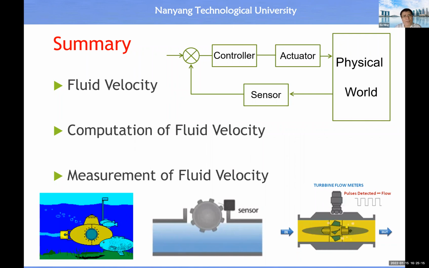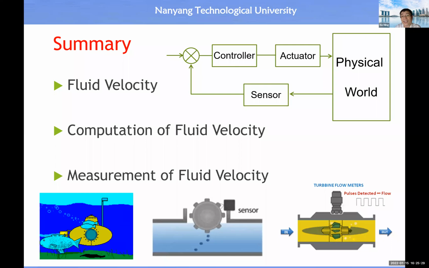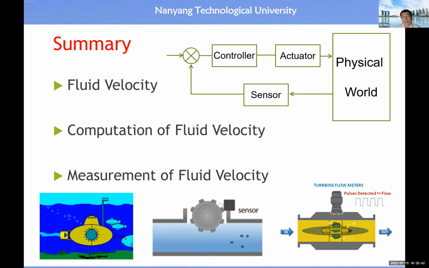So the key takeaway from this lecture is for you to know that besides the velocity of an entity, there is a wave's velocity. And when we combine the wave's velocity together with the fluid velocity, then there's an interesting phenomenon which is called the Doppler effect. All right. So we can make use of the Doppler effect to do indirect measurement or to do direct measurement. All right. And in particular, we have studied 3 popular design methods for you to follow in order to guide the design of your future measurement and sensing system for fluid velocity.